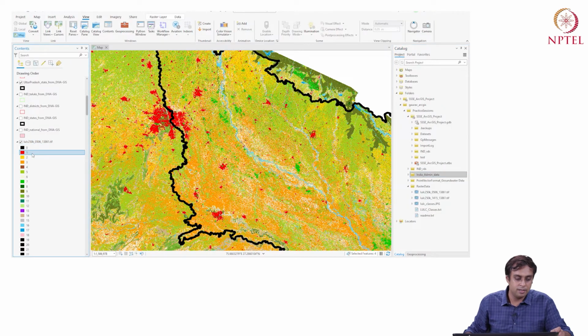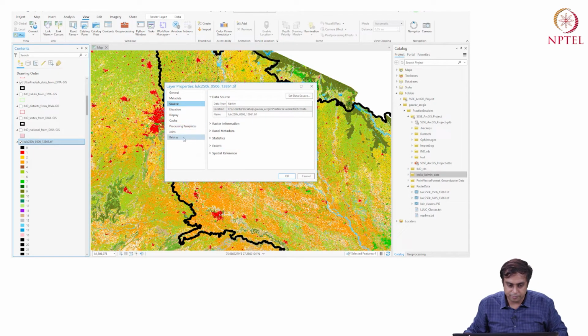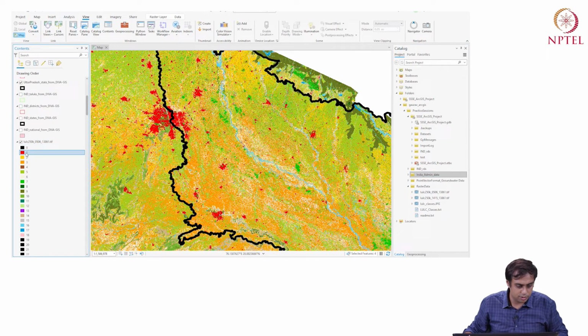Okay, so let me go back. The first is called, okay, can I rename this class? Okay, let's see if I can rename 1 to, okay, let's see, display, source, metadata, general. No, I thought I could just, anyway, so I know that 1 is built up. I can write on a piece of paper if I'm not able to edit here. I think one can edit these things, so you should look up in your own time how to edit these classes. So 1 should be called built up.